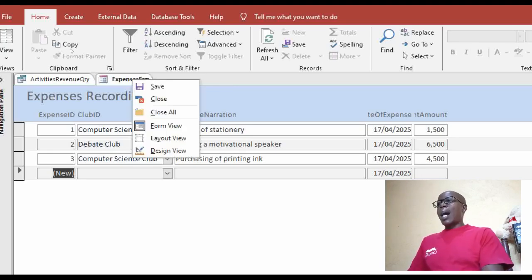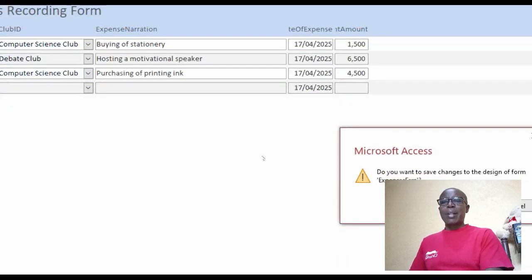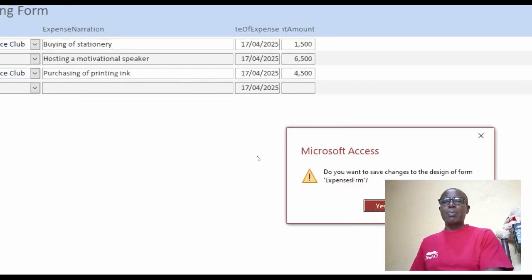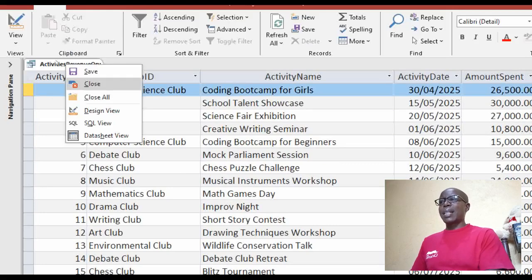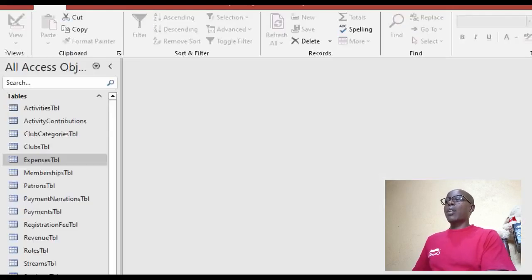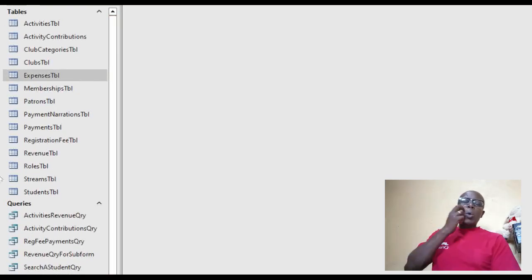Now, so that's about what we had not done, and I saved the query. I saved the form. I have already given it a name, and I also require to close even this other query for now. We are going to get into it thereafter. So the